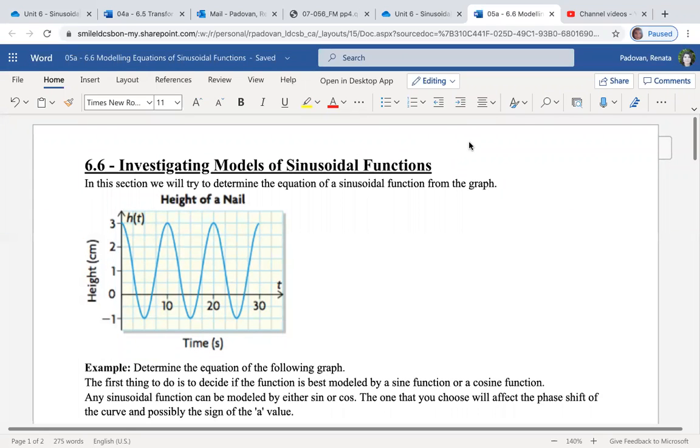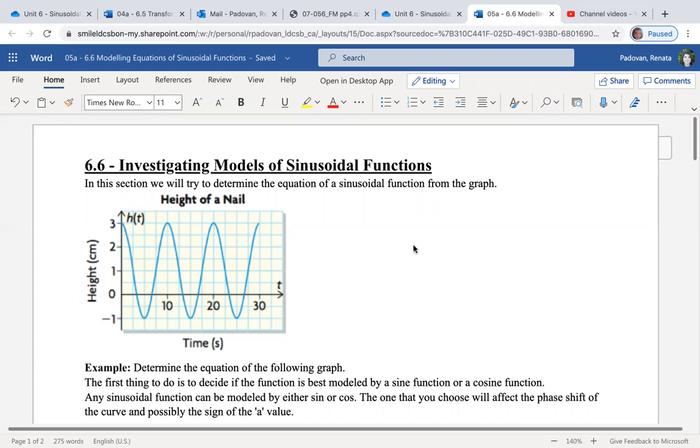So for this lesson of chapter 6, we're going to be looking at models of sinusoidal functions. What we've been looking at so far is being given an equation and knowing how to graph it. Now we're going to be looking at the opposite. If I'm given a graph, how do I go backwards, if you will, and figure out what the equation would be? Like it says here in this section, we will try to determine the equation of a sinusoidal function